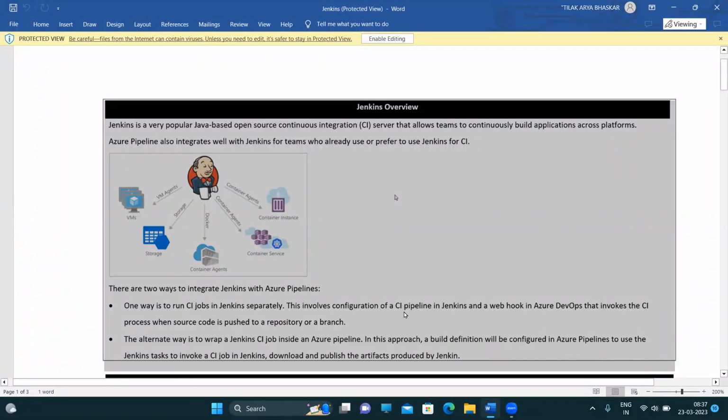This involves configuration of CI pipelines in Jenkins. So you need to configure those things. And a webhook in Azure DevOps that invokes the CI process when source code is pushed to a repository or a branch. Ultimately, we will end up creating a CI/CD pipeline, which we have already done, right? The only difference is instead of a separate task which is part of our Azure pipeline, we will create a connection to the Jenkins where you have already established your process, right? So